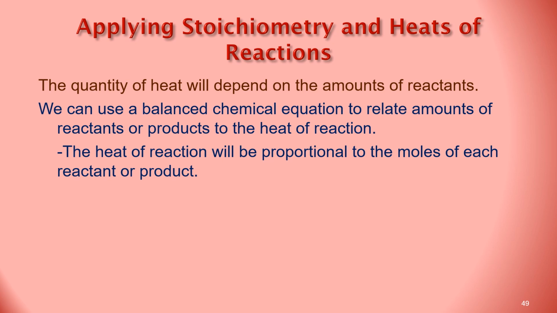So like we've just been talking about, the quantity of heat will depend on the amounts of the reactants. And so what we do is we have a balanced chemical equation, and we can relate amounts of reactants and products, stoichiometry, like we've just been doing, but we can also relate it to the heat of the reaction. So the heat of reaction will be proportional to the amount of each reactant and product. So for example,